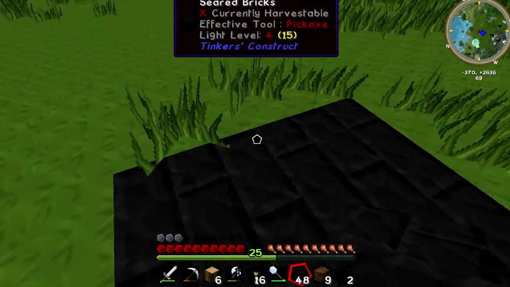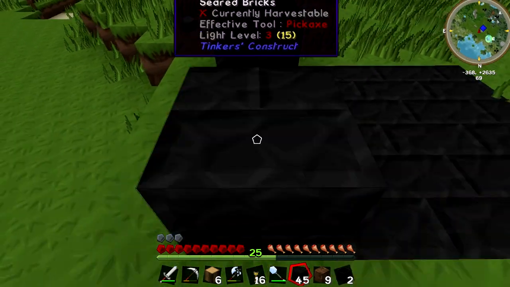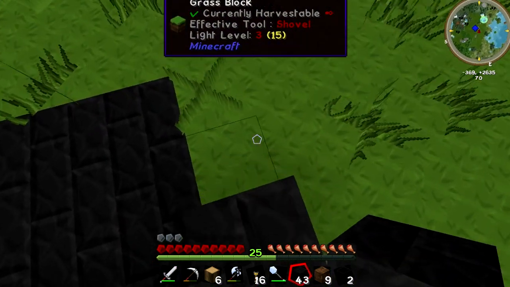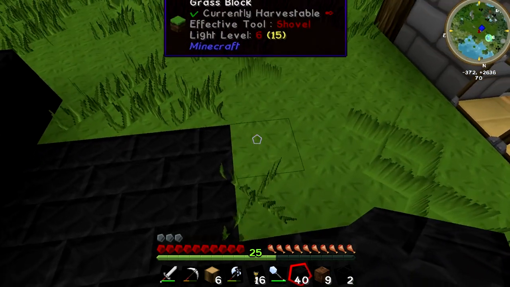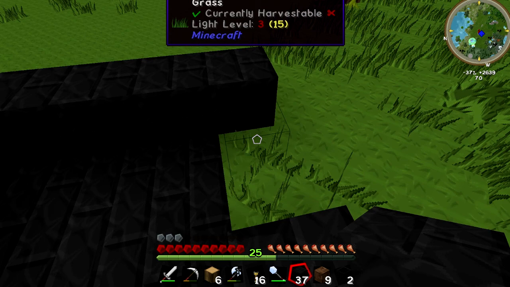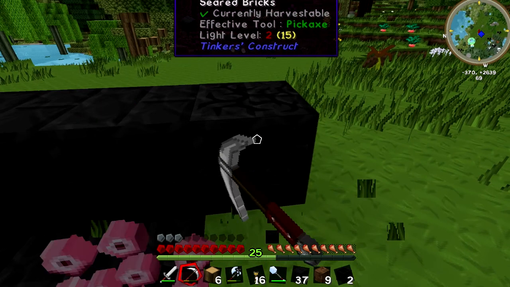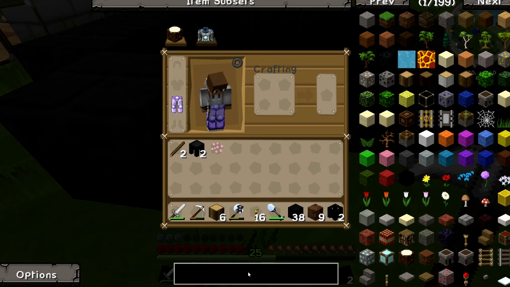Now if you're unsure how to make a smeltery, you have to have a 3x3 area, and then it has to be surrounded in seared brick, pretty much. And what you have to do is put a tank and, I can't remember what it is actually. It's a tank and a,